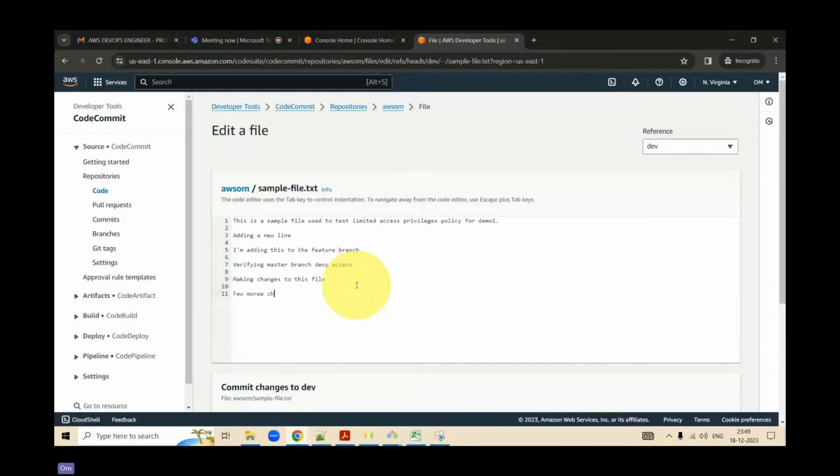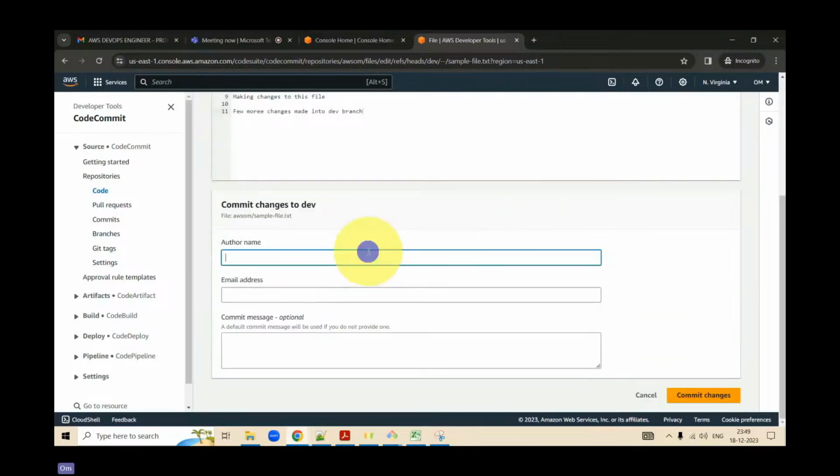Few more changes made into dev branch. Write the name of the author, dev as of now. Click on commit changes.